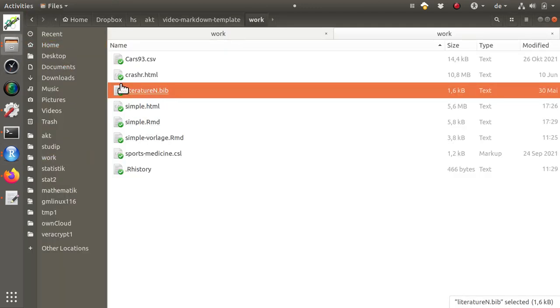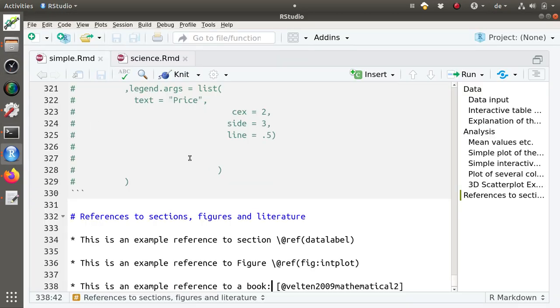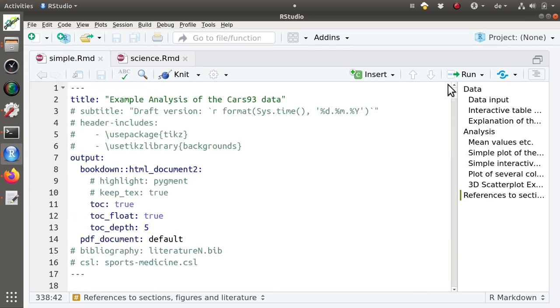So to this file here, literatureN, and I've prepared this. Then you have to remove the hashtag here so that this bibliography is active. And also you have to remove the hashtag here, which